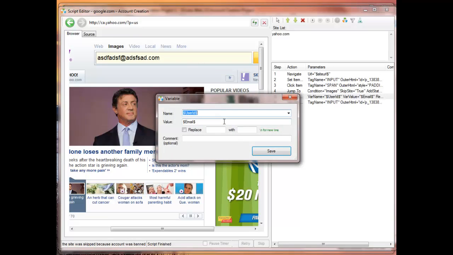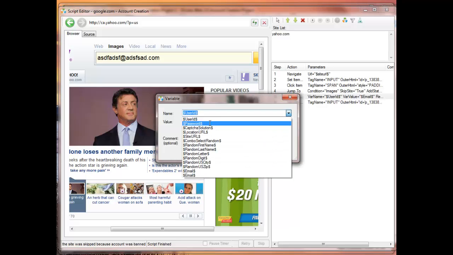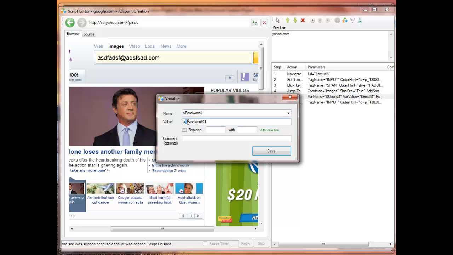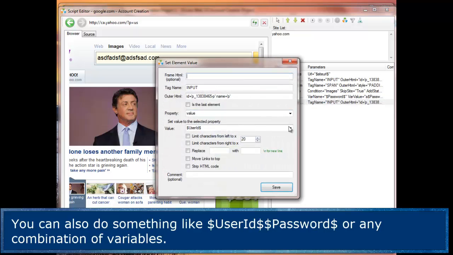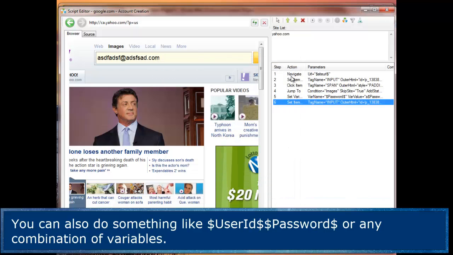Now also in the set variable option, and this actually goes for all the different boxes that you're going to see, all the different text boxes in the script editor, you can combine a bunch of variables. So if you would like to set the user ID, let's say you want to add the number 1 after the password, and the letter A before the password. So let's change the password to A, whatever the password was, and then 1. Now let's press save, and over here let's change this to password, so it's going to fill this box with